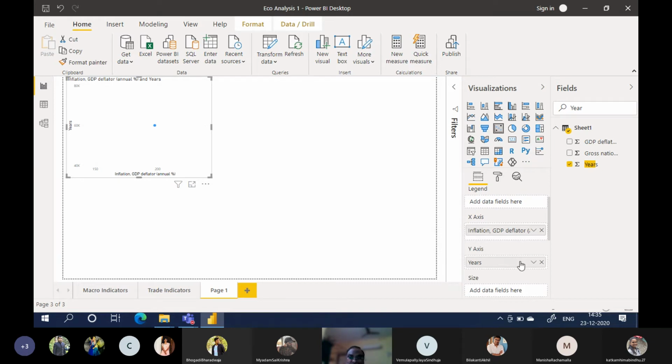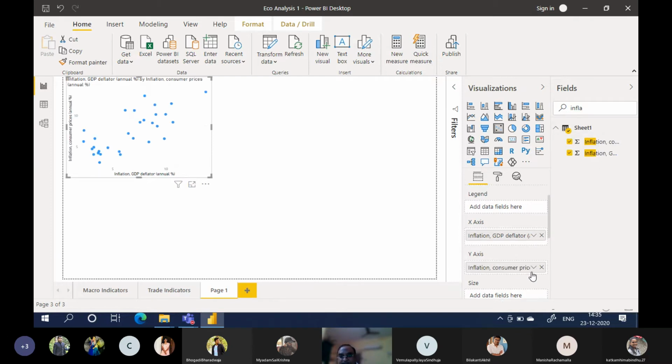No, not this, we'll remove this. We will add inflation, consumer as the y-axis. See, now you got a clear chart, right?